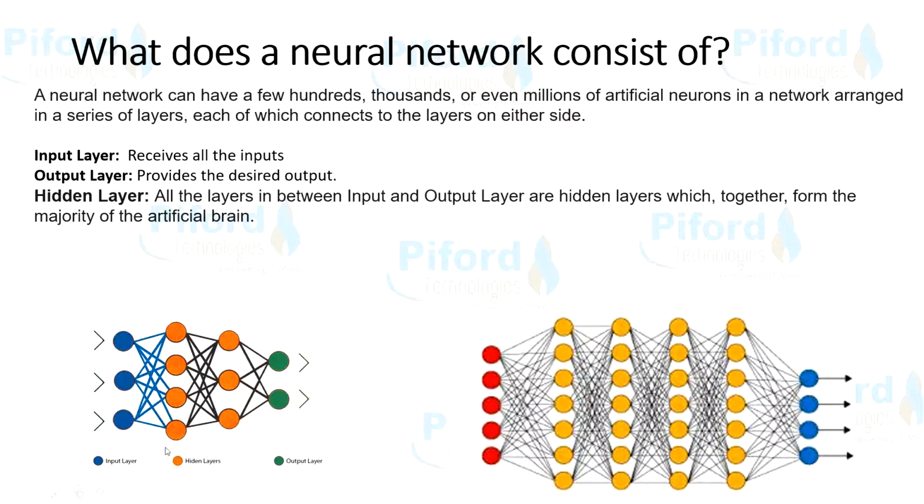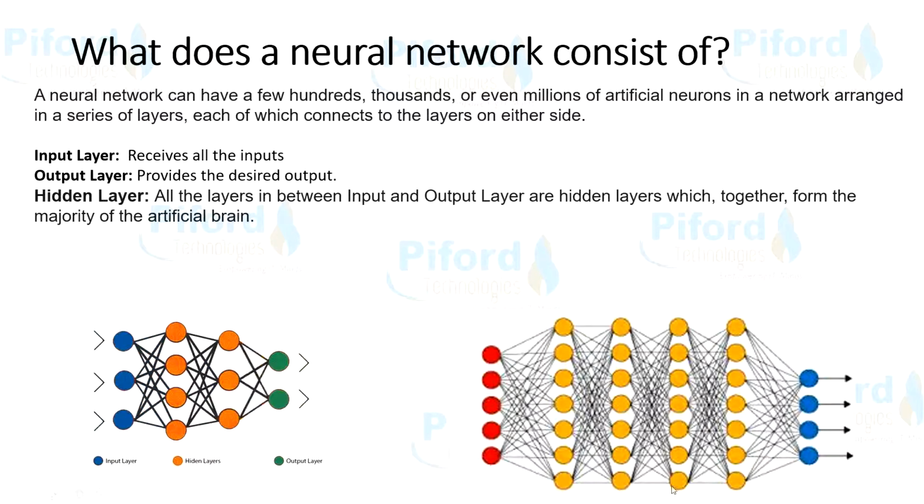So this is also called the artificial brain, meaning we are doing computation over here. This is the layer which is responsible for giving us the output. And these are the neurons, these are the layers which process the input. After getting input from the input layer, these layers will process the input. So this is the artificial brain, and this is the layer which is responsible for giving us output. So this is how an artificial neural network looks like.